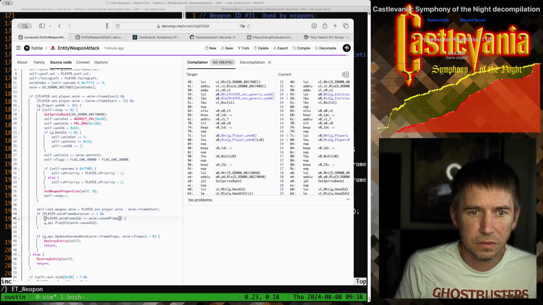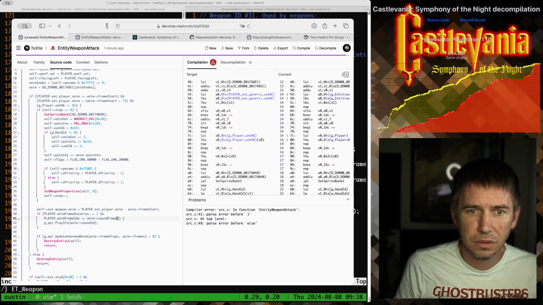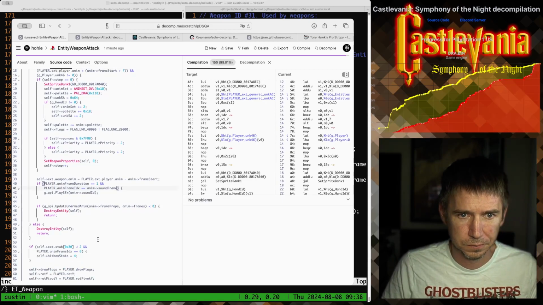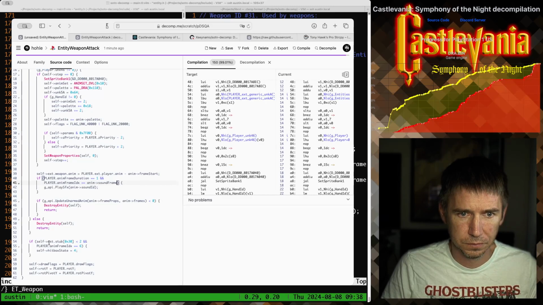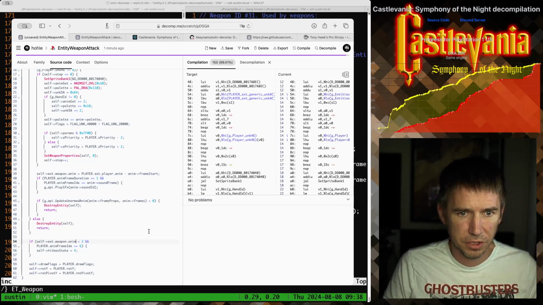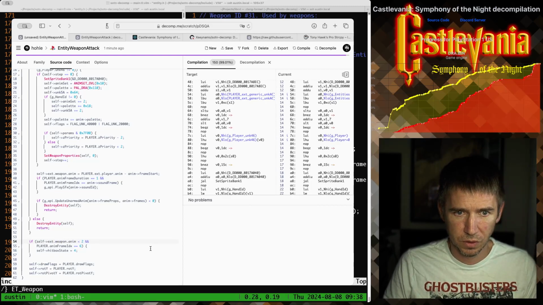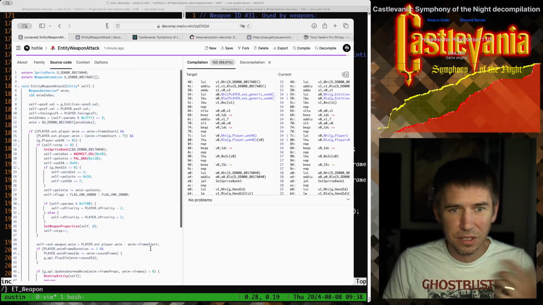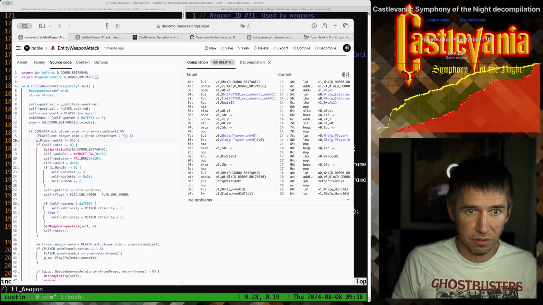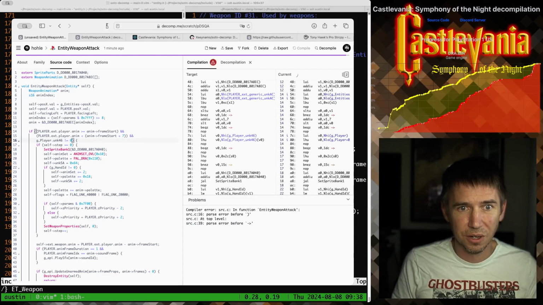Getting rid of superfluous parentheses. Same thing here with the weapon animation. And there we go. So to give a quick overview of what the function is doing, so a lot of